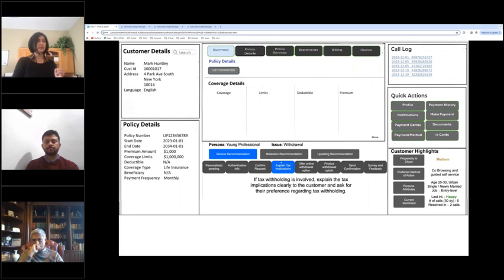So we see this explain tax implications, and there's a commentary here to support the agent to explain it to the customer. Now, if the persona was, say, a retiree, then this box wouldn't be there. So it's fairly seamless and fairly dynamic in determining the perfect resolution for this customer, for this persona, and for this issue.